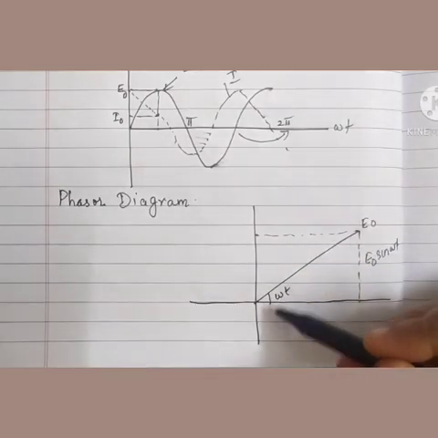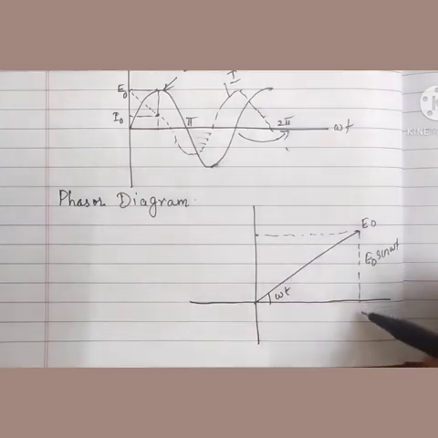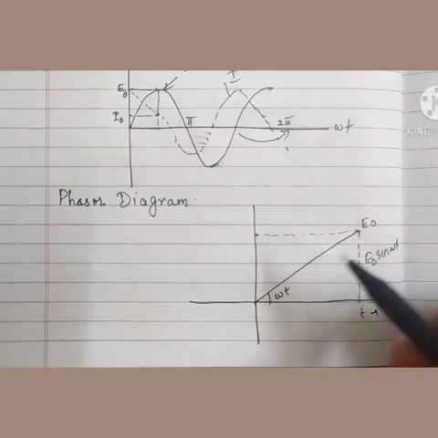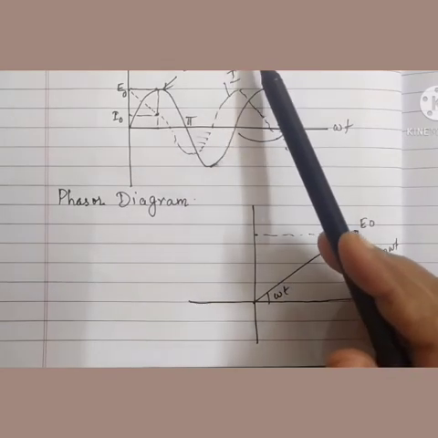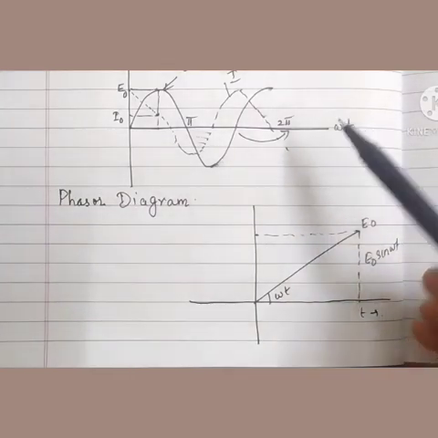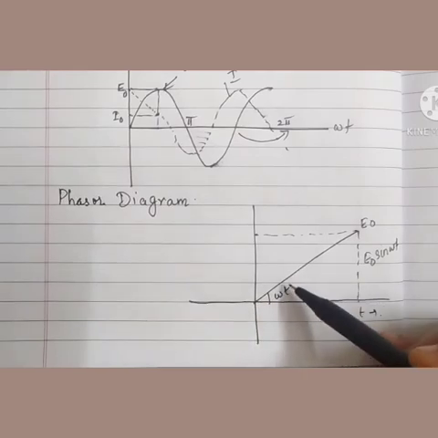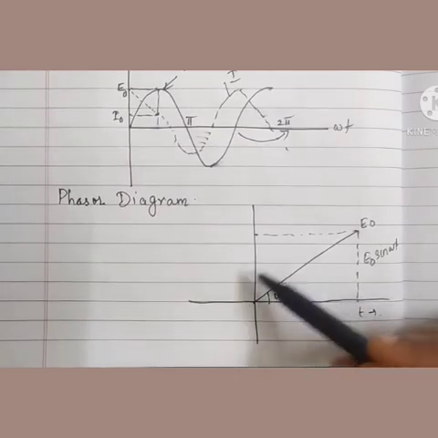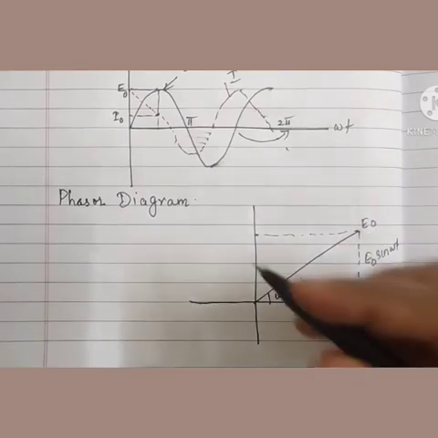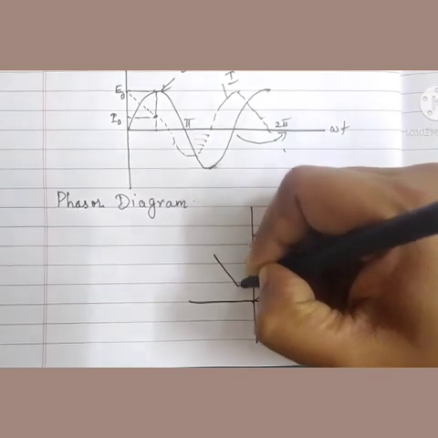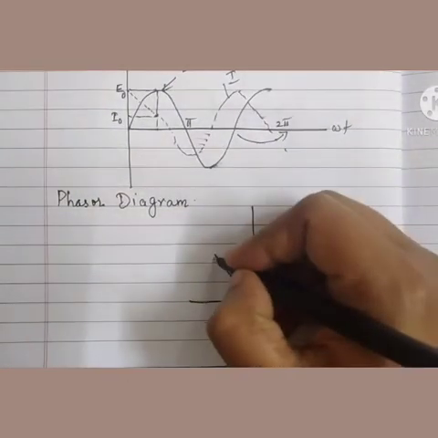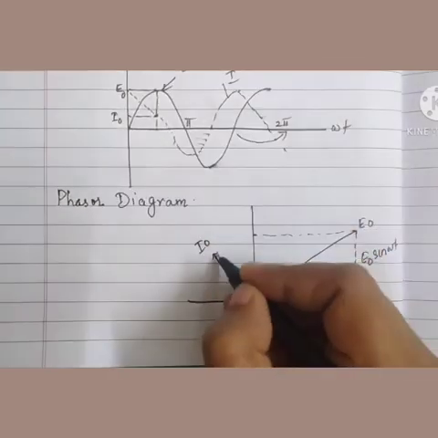Now the last step, now for drawing the phasor diagram, as you know, the phasor representing the peak EMF E0 makes an angle omega t in the anti-clockwise direction with respect to the horizontal axis. Now, as in this capacitive circuit the current leads the EMF by a factor of pi by 2, the phasor representing I0 is turned anti-clockwise with the phasor representing E0 at an angle of 90 degree. So we can draw here, which makes an angle of 90 degree. So this is the phasor representing I0.